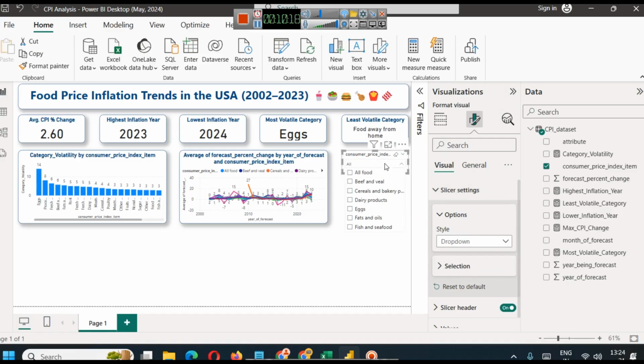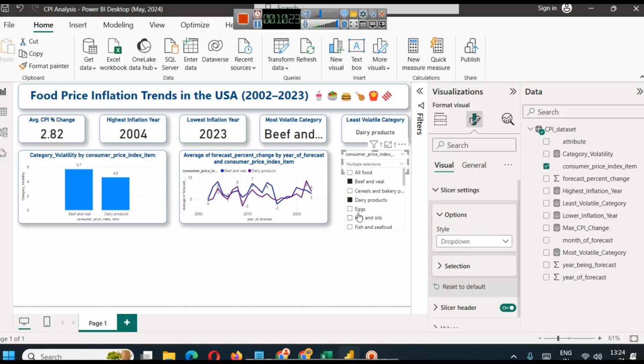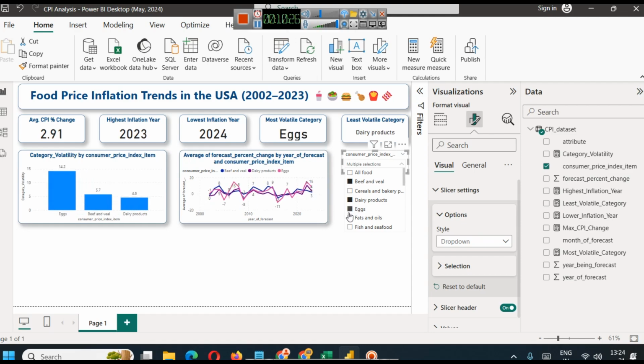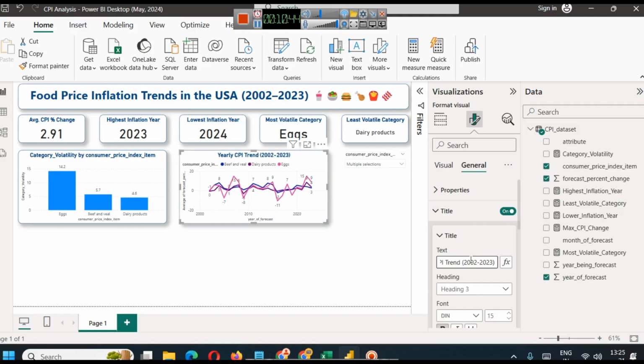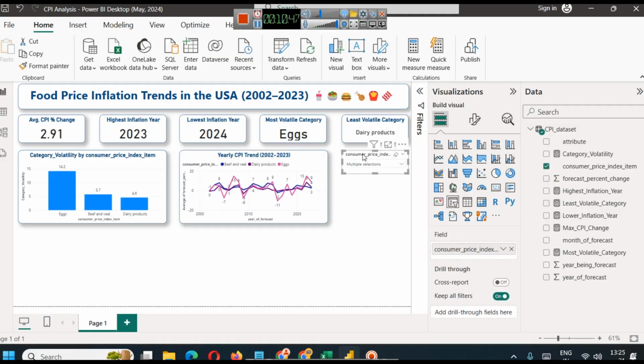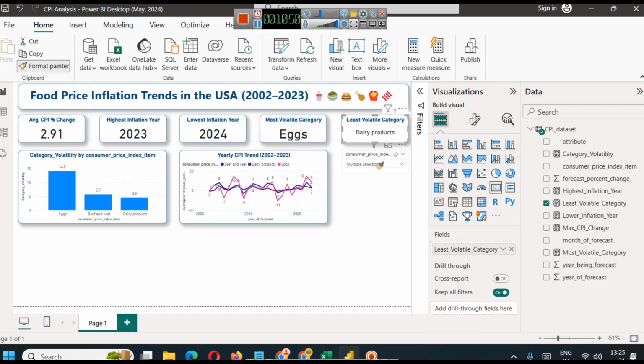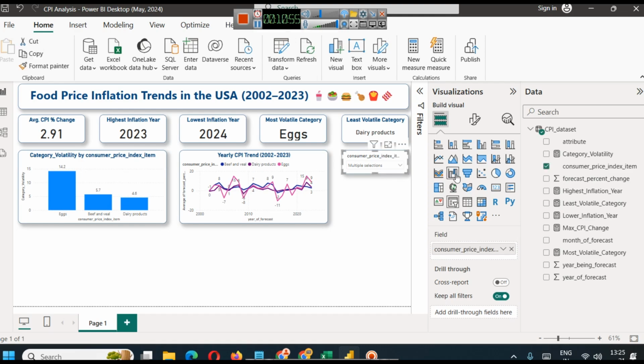So now you can see we have a drop down here. Let's select two of them, so you will be able to compare them, right? Or if you select three of them, you will be able to compare their volatility by CPI item wise category volatility, and you will be able to see average forecast percentage change. We will simply rename this as yearly CPI trend. Now here also we will apply the same formatting, so that it has these borders,